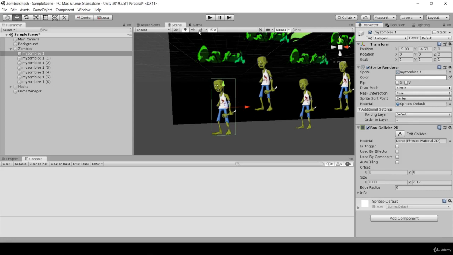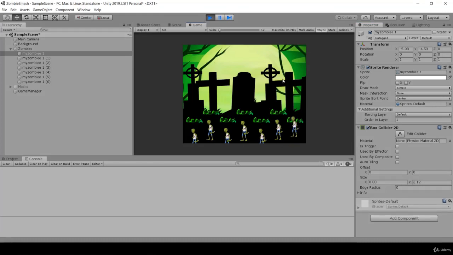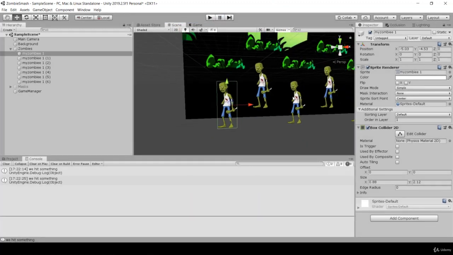Now what I'll do is I'm gonna hit play right now, and let's see. I know I disabled the masks, so if I click anywhere else, I expect the same behavior, but I know this zombie here does have a collider. So what happens if I click on him? Fair enough, look, over here in our console, we get a debug message saying we hit something, okay? Now that is exactly the sort of behavior that we wanted to see. So now when he pops up, if I click on him, we actually hit something. That's awesome. Okay, so that means our logic is working,